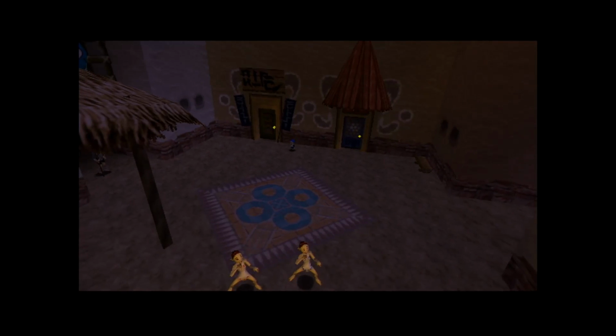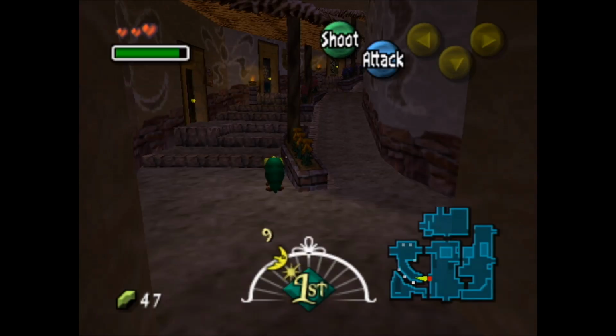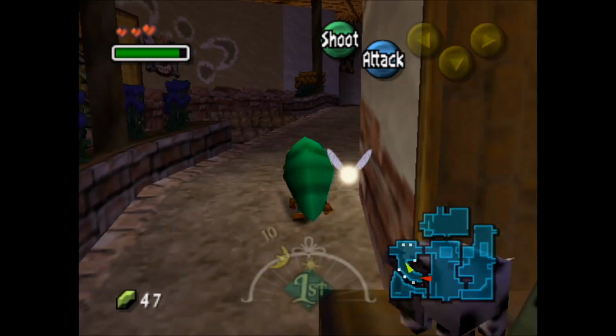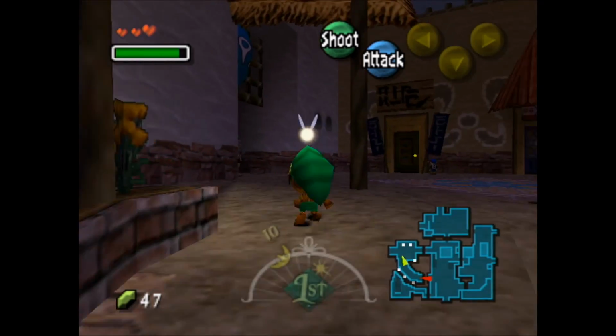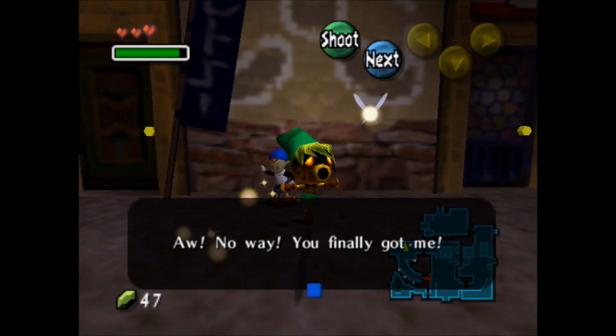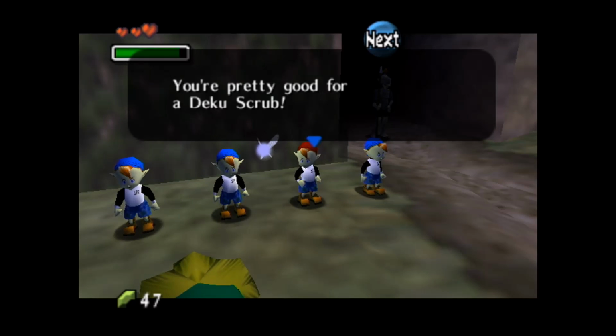And there he is. And again, that's probably one of the greatest assets or aspects of Majora's Mask. Depending on the time of day, things or persons will be positioned at